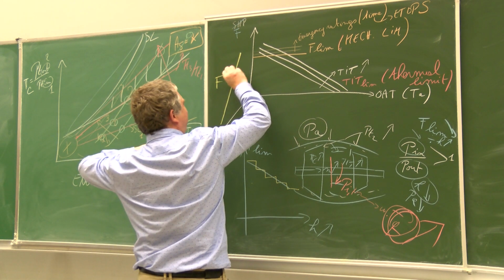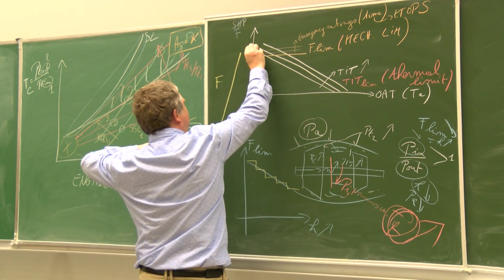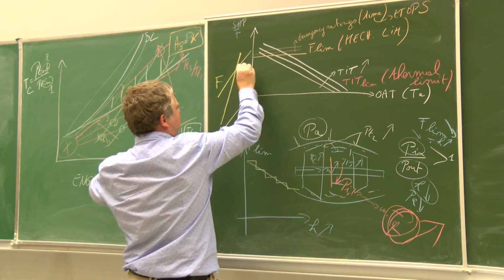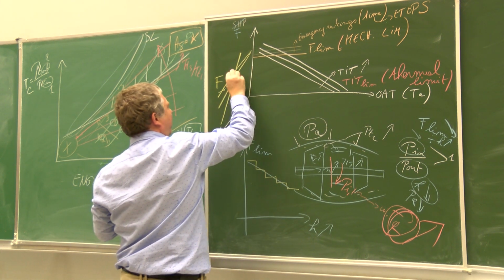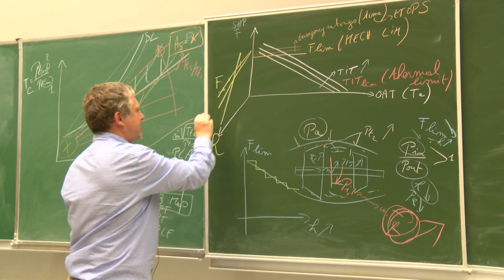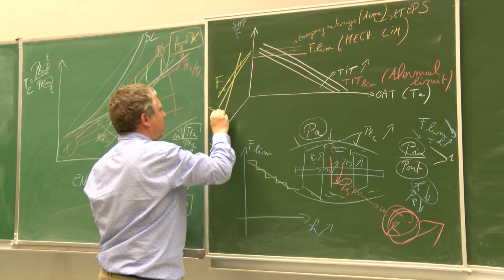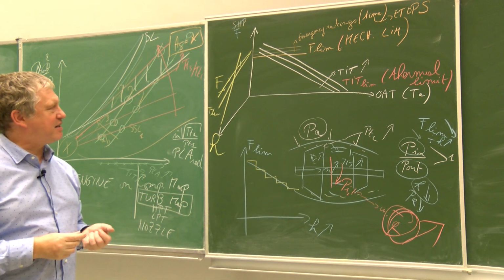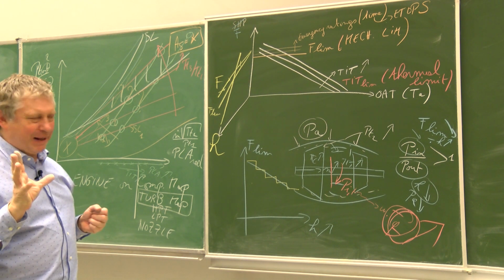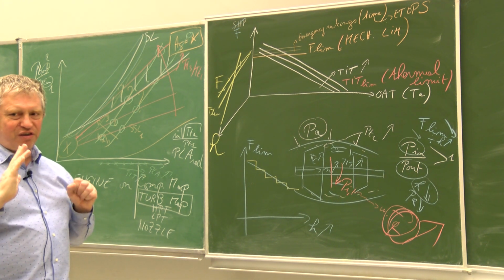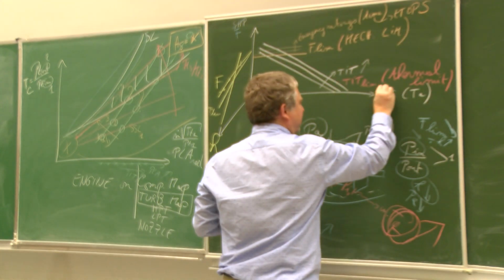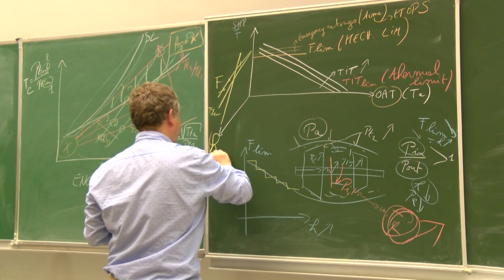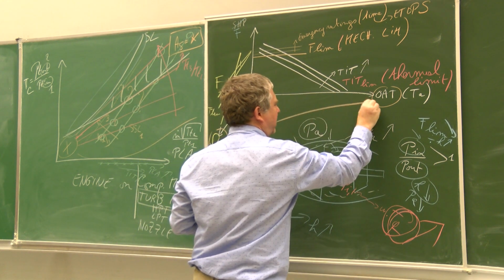And you will have a certain limit that will not be parallel with the shaft, but a limit that will go down like this. This is the F limit that you will have on your system. So it's a very complex situation because it's a 3D problem where you have these two parameters that are in fact changing